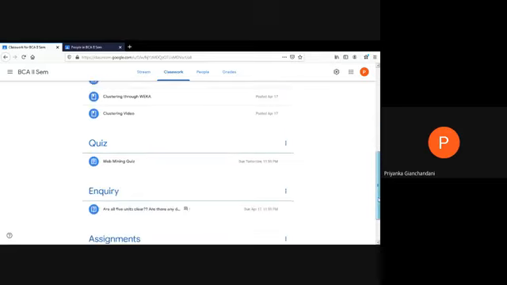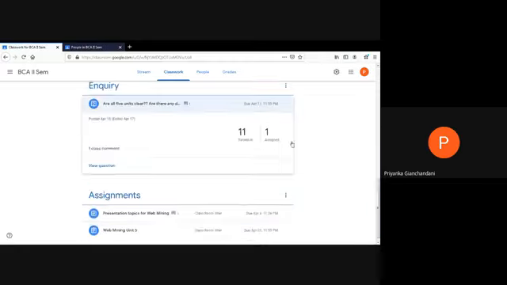Then I created a quiz for my students, so that I have placed under the quiz tab. There was a general question that I wanted to ask all my students, whether they are clear about all the 5 units. If you see the responses of these students, if the students have given their response, it's going to be shown as 11 turned in. One of my students has not yet responded back.